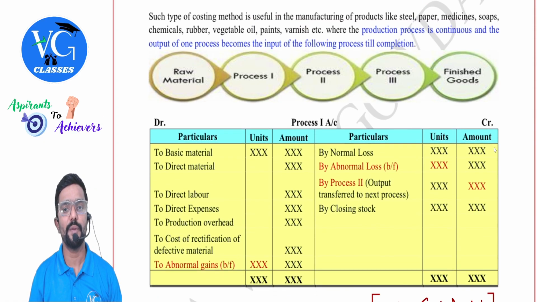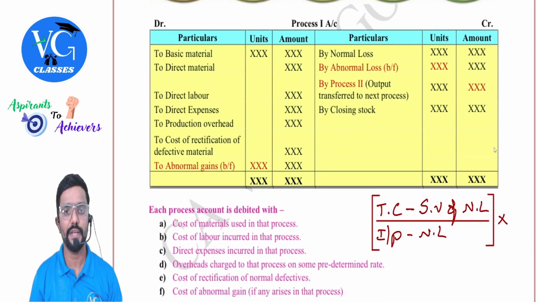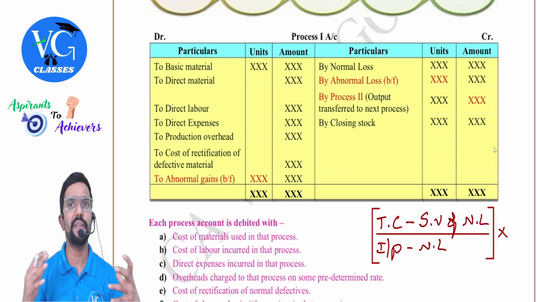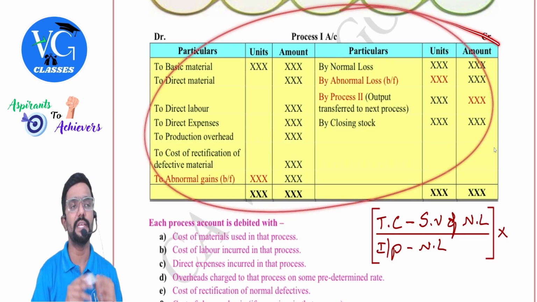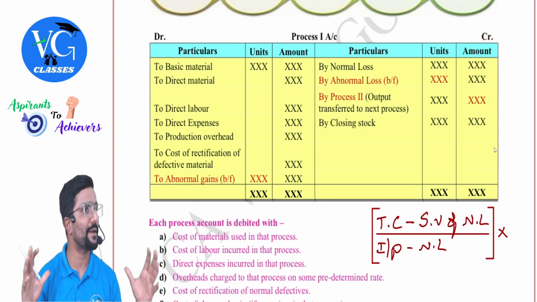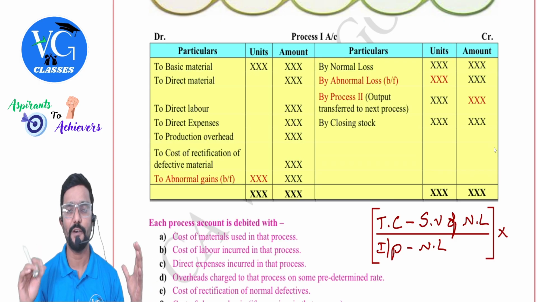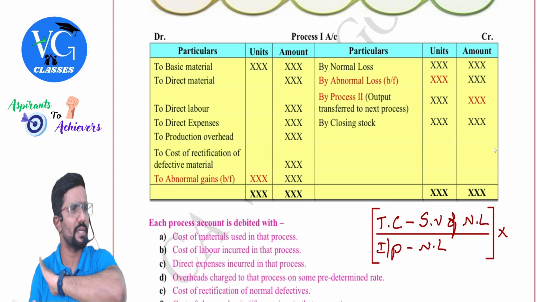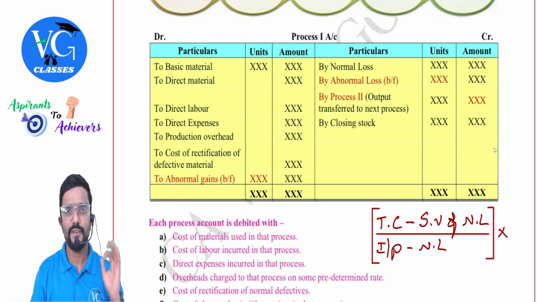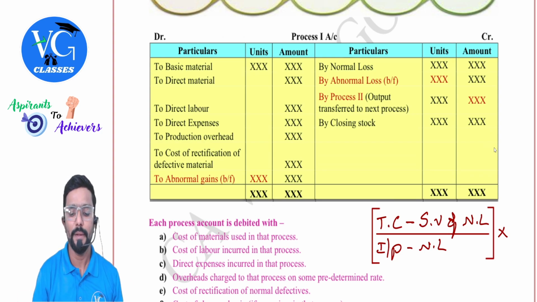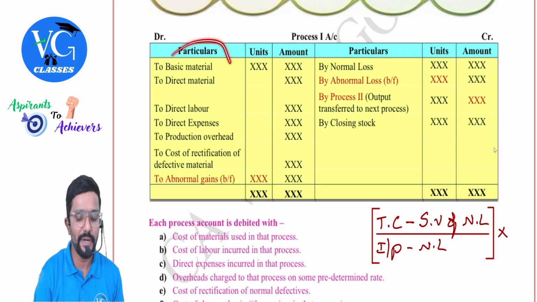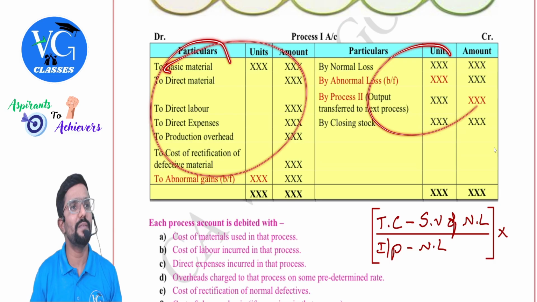I told you we need to prepare a separate process account for each and every process. Sir, what do we record there? I have tried to give everything here in one account. This is just like a format for you. I will also discuss it along with some questions or examples later. But first pay attention and understand the format. A process account is like any expense account. We will debit it with all the expenses and credit with